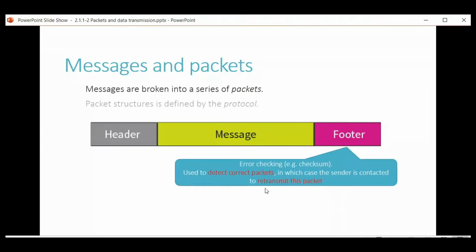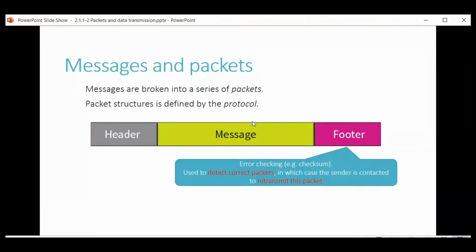And then at the back end of the packet, you've got this thing called the footer, and that usually is error checking stuff. We might include a thing called a checksum. So a checksum is a number that's calculated using the data. The idea is you take the packet, you do a little bit of maths on the data, and that produces a number. You then send that number with the packet, and then when it gets to the other end, we can take the data, calculate what the number should be, and compare it to the one we've got. And if they don't match, we know we've got an error and we need to retransmit